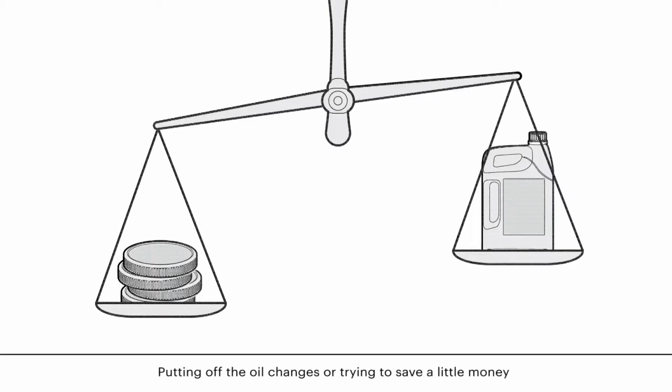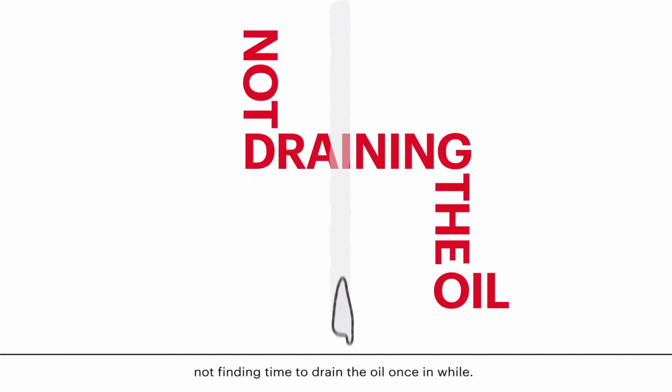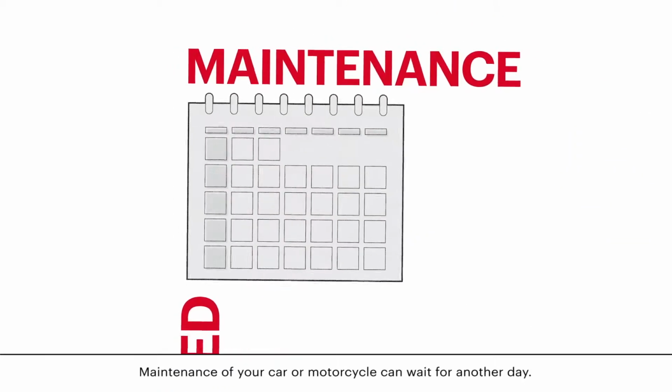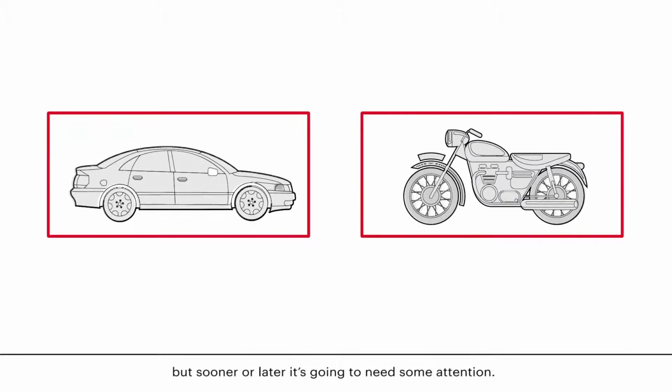We've all been there before, putting off the oil changes or trying to save a little money by opting for a cheaper engine lubricant, not finding the time to drain the oil once in a while. If your vehicle is working, it's easy to take it for granted. Maintenance of your car or motorcycle can wait for another day. We get that. We understand that you rely upon your vehicle, but sooner or later it's going to need some